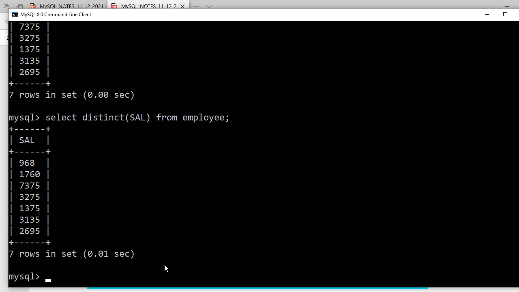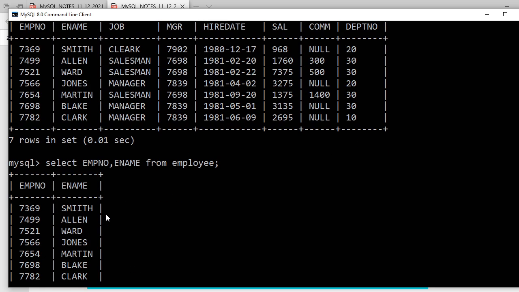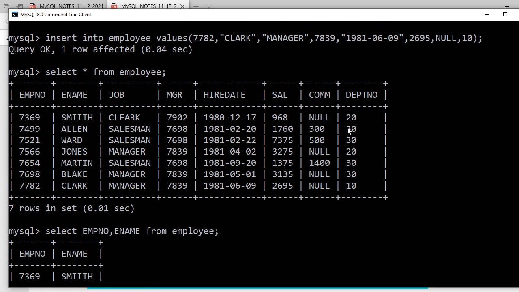Distinct will remove all the duplicate values. And I'm going to show you duplicate values in a column. Do let me know. Yeah, department number, you see. See it carefully. Department number 20 is there, 20 is there, 30, 30, 10 is there, like that. So according to you, print distinct department. What can be the possible answer?